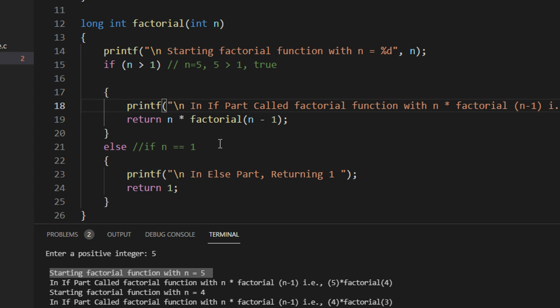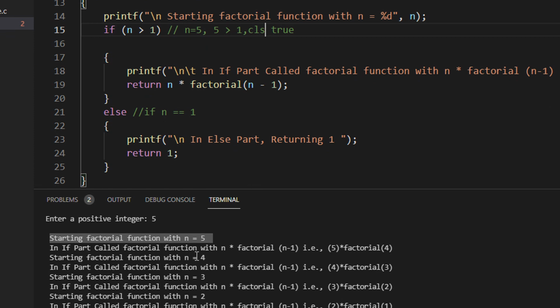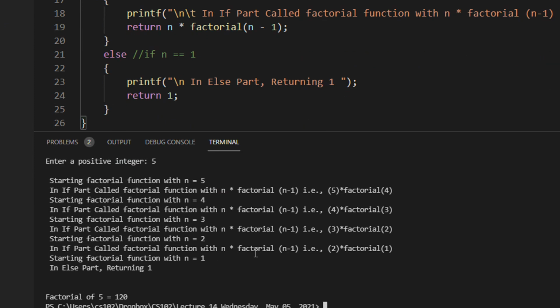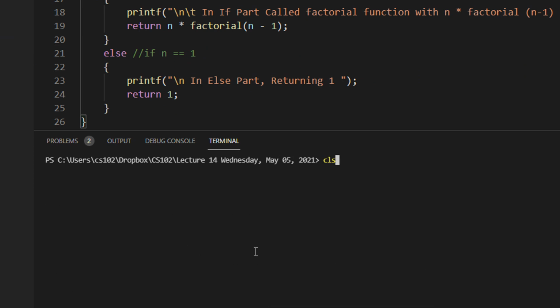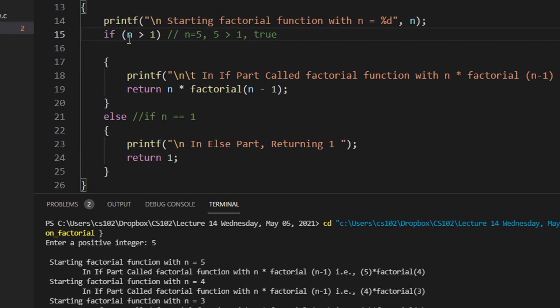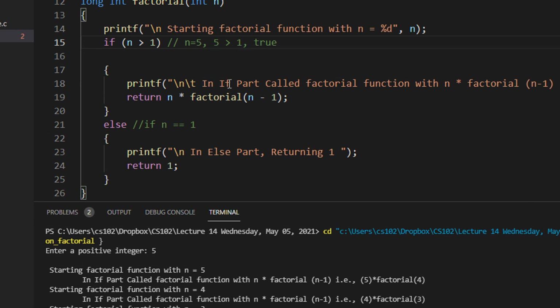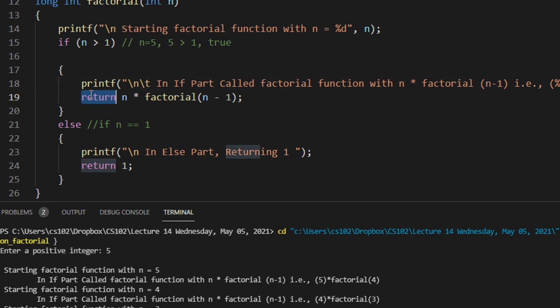So let me just put a tab also here first, and let me run the code again. Right? So you can see 5 greater than 1. So it will print in if part called factorial function with n into, because see what we are doing in this case, you can see the return statement.